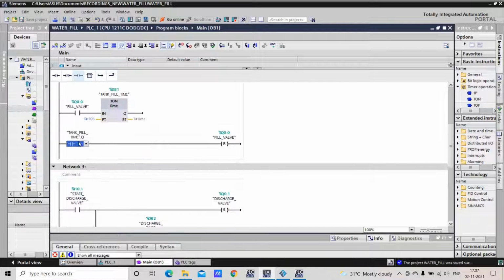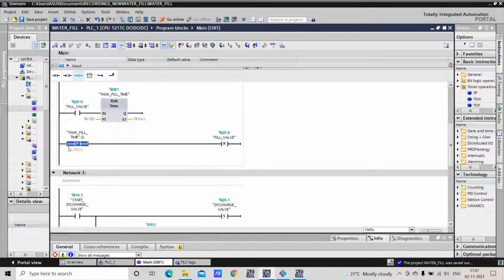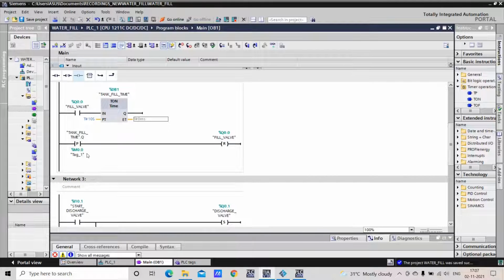Here you can choose the edge: whenever it detects a positive edge, then this reset operation should happen. Here I will choose a memory bit. So whenever the output bit Q detects a positive edge, that is from low to high transition, this will be activated and this will reset.